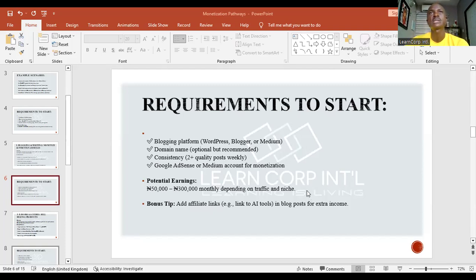Now, for some of these things, I'm going to share with us more. Now, this month, we're going to be doing online branding, digital marketing, and content creation. So we're going to go into practical details of some of these things, all right? But this one is focused on using AI. And then on that, we're going to see how we can actually create these accounts, what are the requirements we need to follow, the details, activities, and where to focus on, how to build your own demography, all right? Where to focus on and how to carry out some of these things. We are going to look at them in detail.